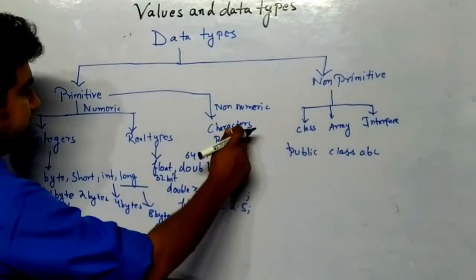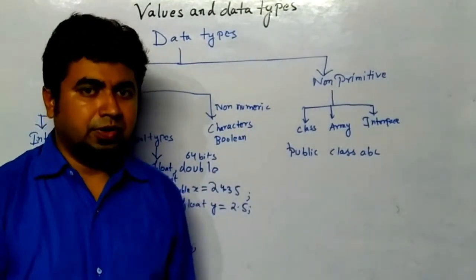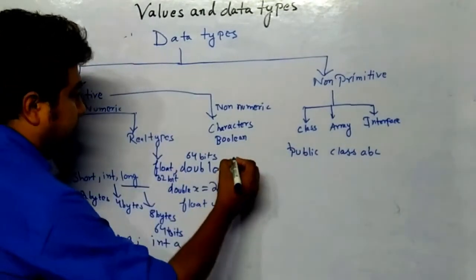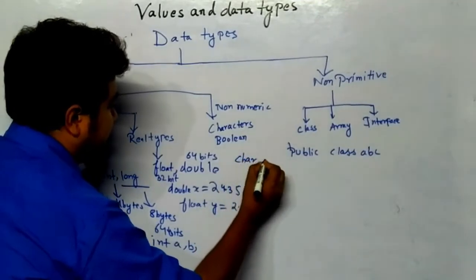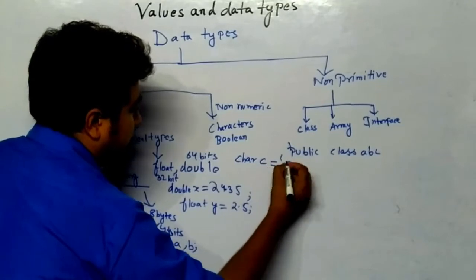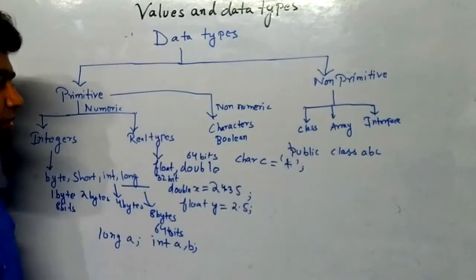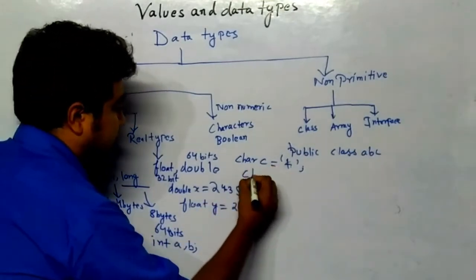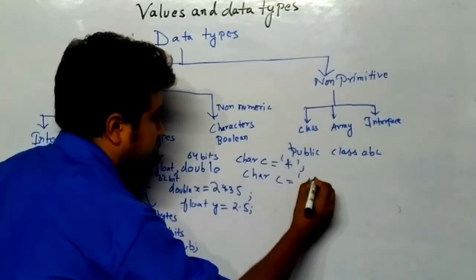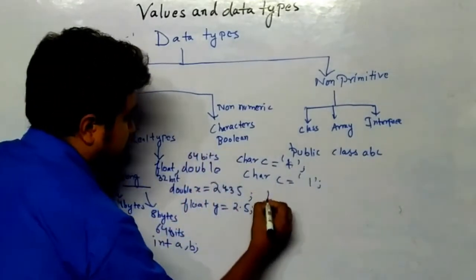So similarly you can think about characters and boolean. Character is basically in the form of numbers, or it can be in the form of alphabets, or it can be in the form of symbols also. If you want to initialize one symbol, char of c, then you have to write, as you know, in character you have to use single quotes, and inside single quotes you have to write the symbol. I have written plus. If you want to initialize any number, char of c, quotes of 1, this will be storing a number.